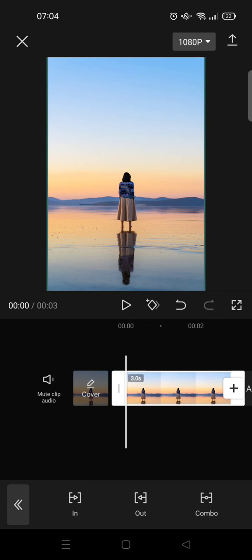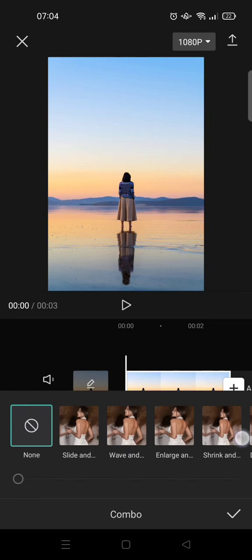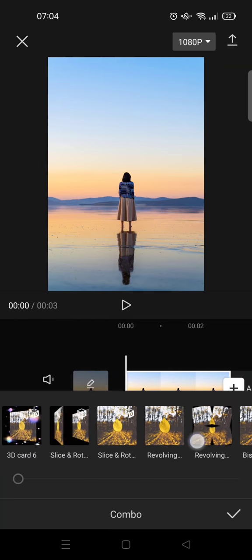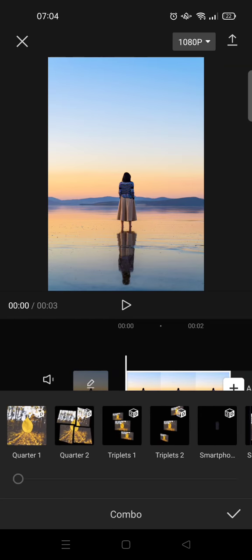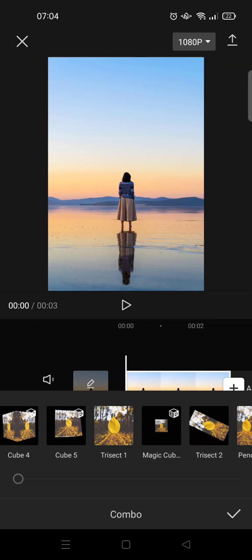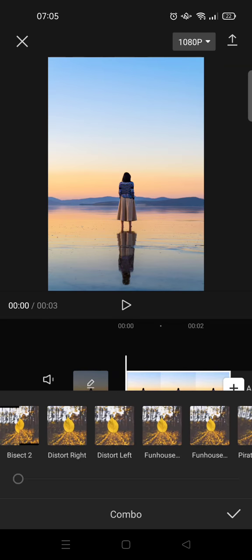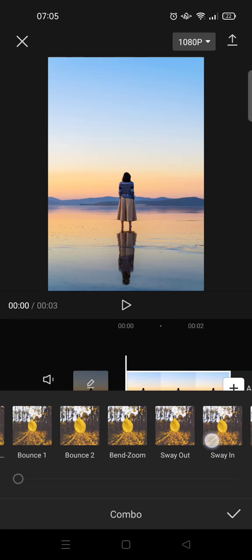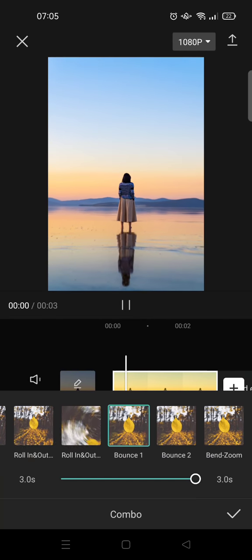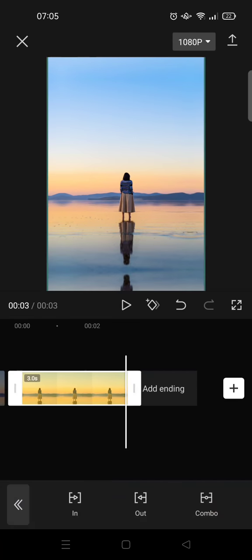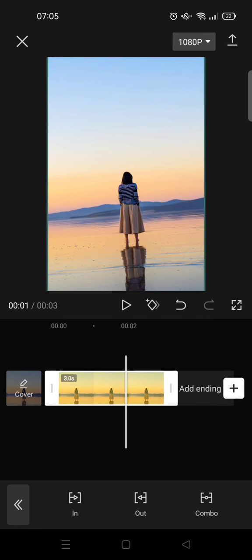Click on that, and here I'm going to just click on combo, and you can find any animations that you want, but I'm going to choose bounce. So just browse over until you find bounce animations. Okay, there are so many. Okay, I'm going to choose bounce ones like this and click on the check icon, and now you're going to